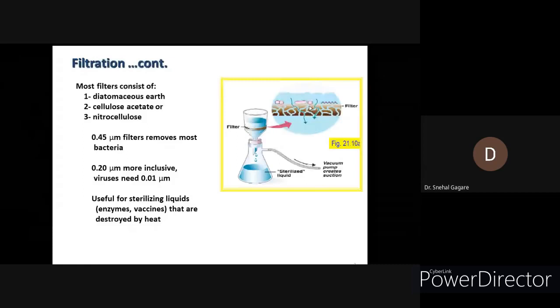So pore size matters a lot. If the pore size is very big, the microorganisms will also pass through. We do not want that. We want to remove the microorganisms. So we are using specific pore size filters, that is usually 0.22 micrometer filters. So pore size matters a lot.